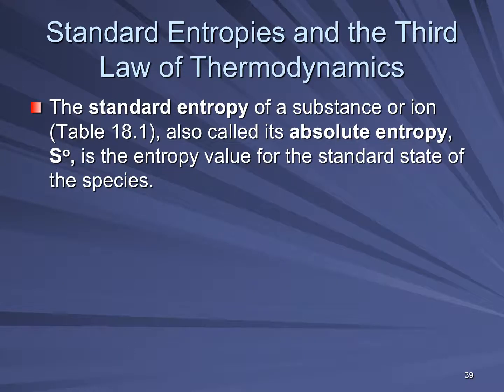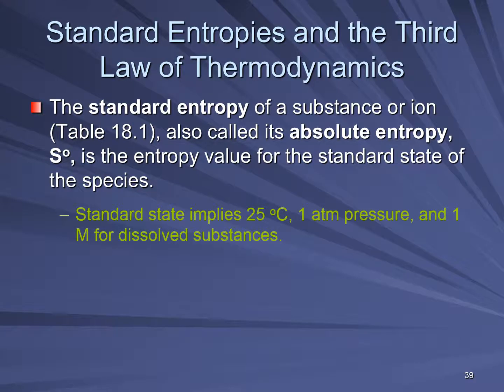So the standard entropy of a substance or an ion is also called its absolute entropy, given the symbol S naught because it's standard, and it's the entropy value for the standard state of the species. So what does that mean? Standard state generally means that it